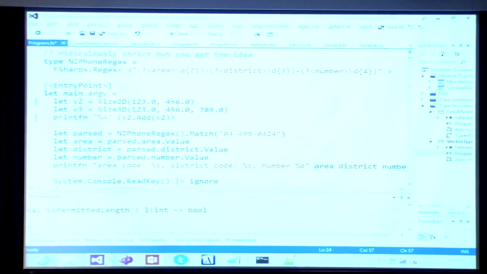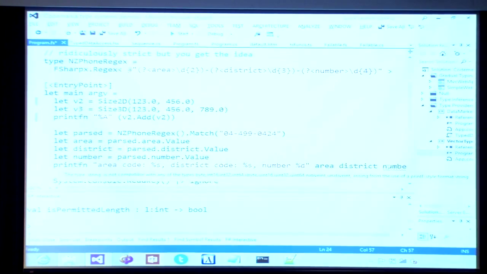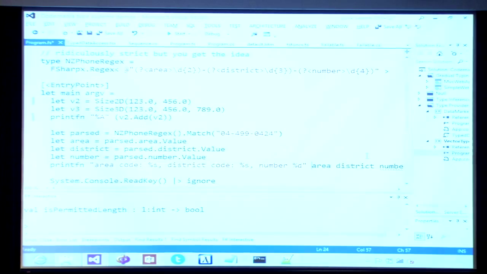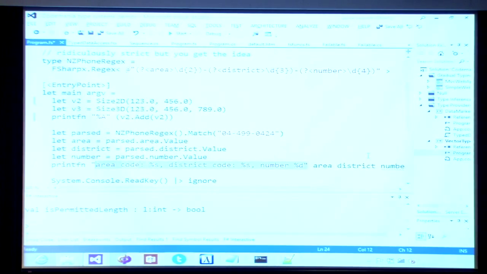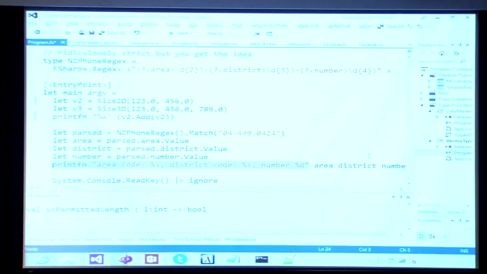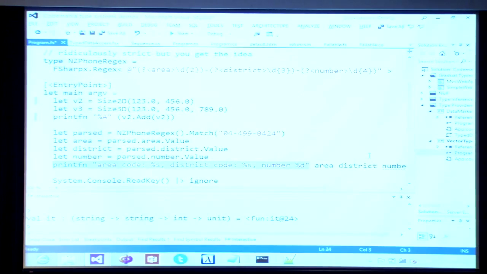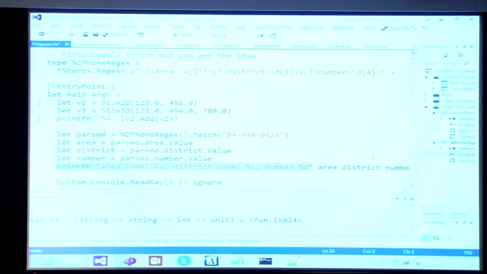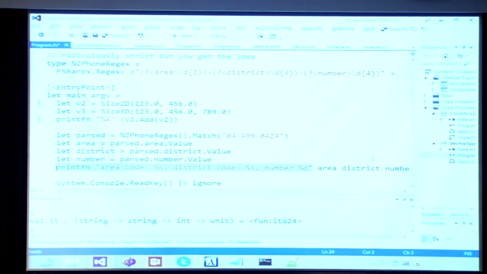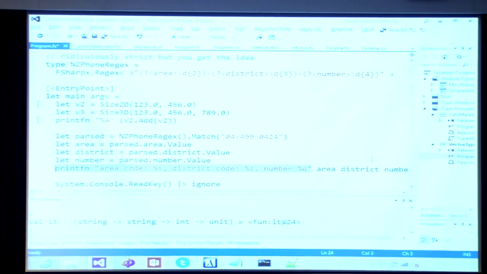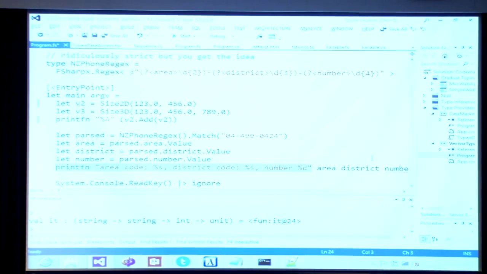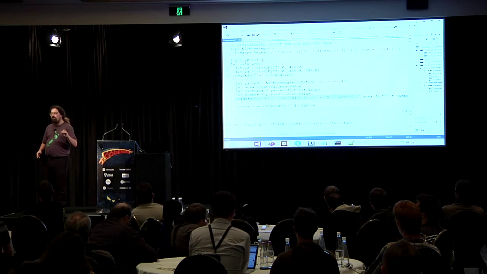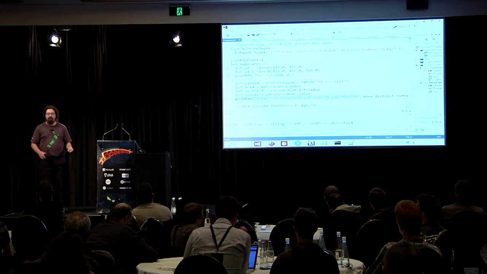In F#, you're actually seeing we get a compiler error because the compiler knows that the type of printf with that format string is actually taking 2 strings and an int, not 3 strings. So it's a little bit like a dependent type. There's actually some trickery going on in the compiler. But again, you've got that concept of the type of printf depending on the value that is passed into printf. Does that make sense?